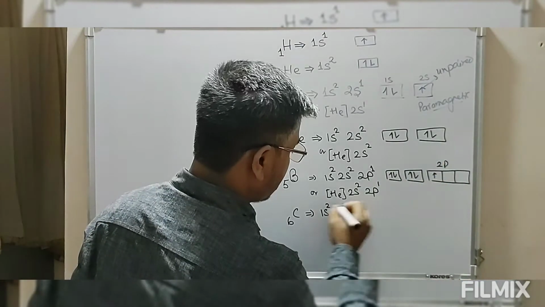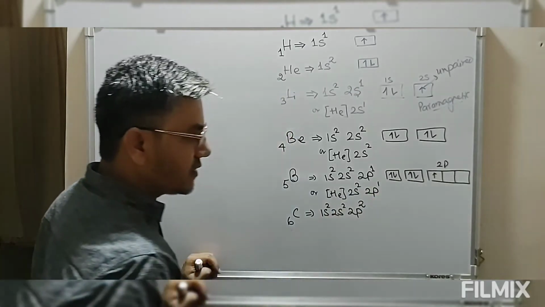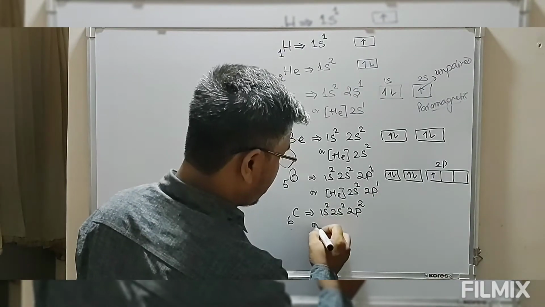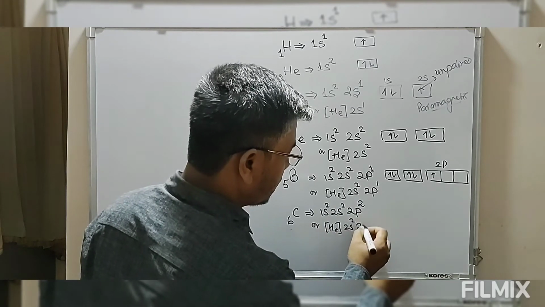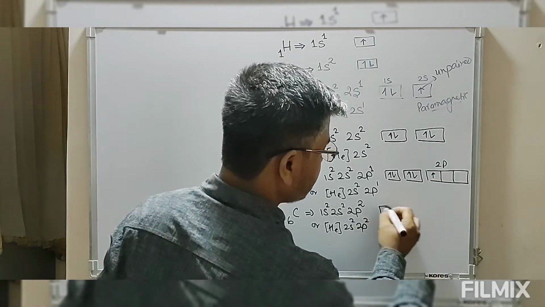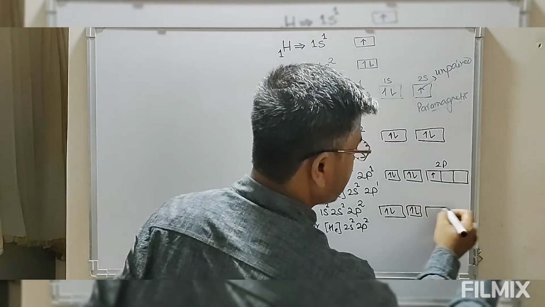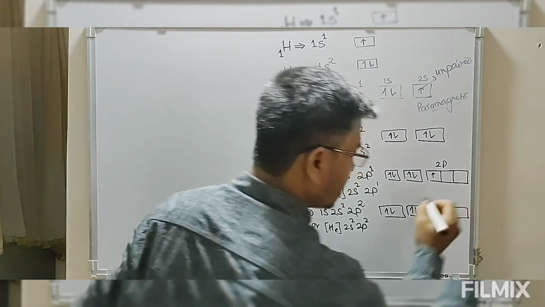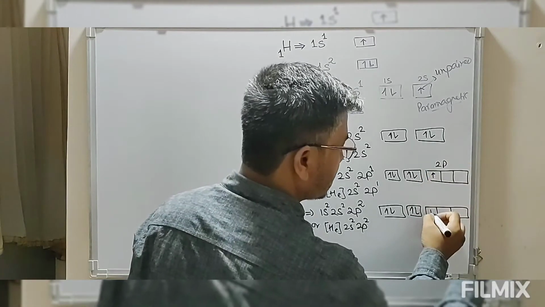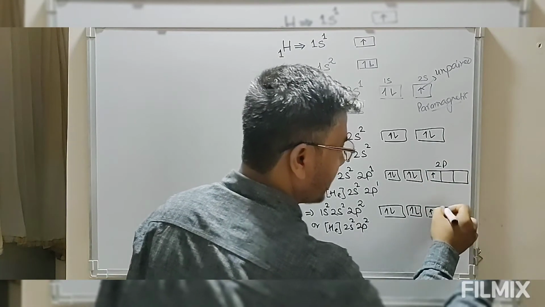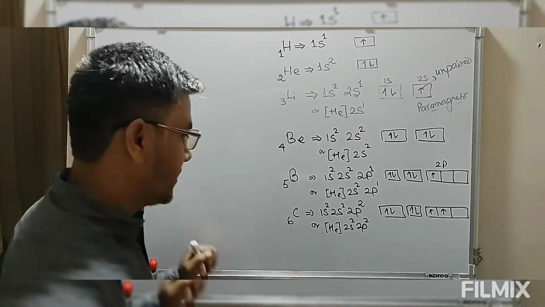So the 6th electron should also be placed in the p orbital. Look at this, this is the configuration of helium, 2s2, 2p2. Box diagram, 1s2, 2s2. While placing electrons in the degenerate orbitals, we have to follow Hund's rule. So the second electron should also occupy the degenerate level with the same spin quantum number.